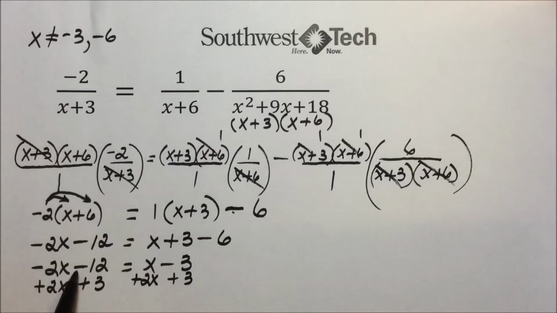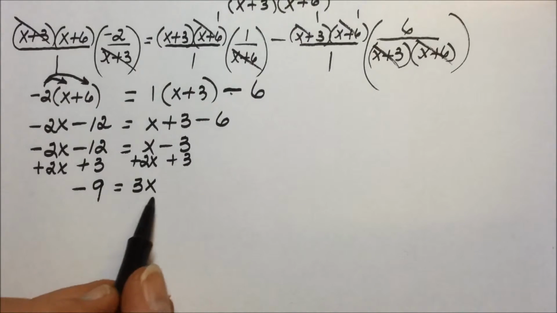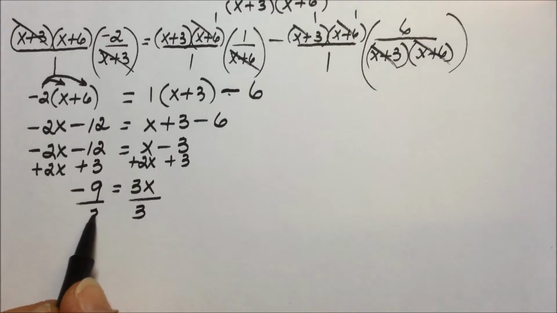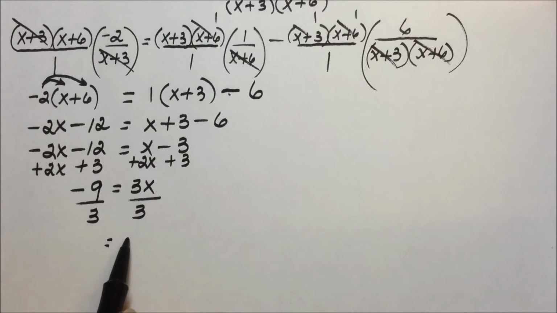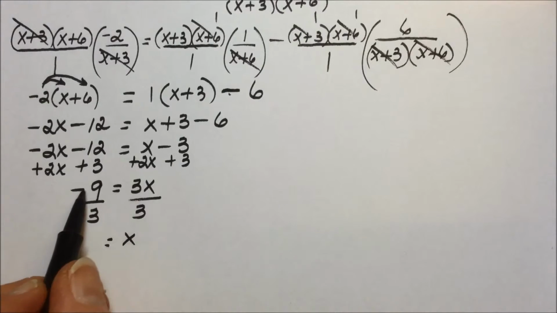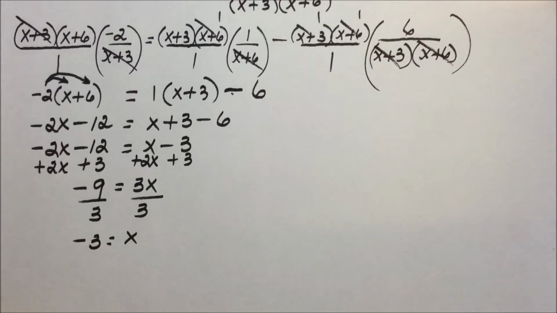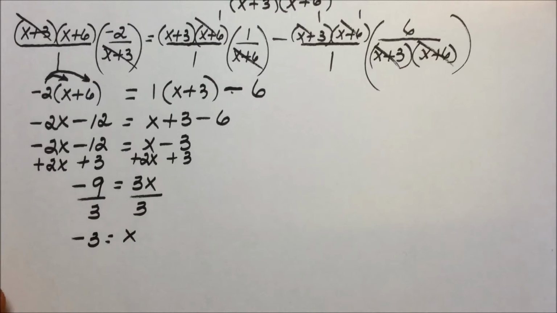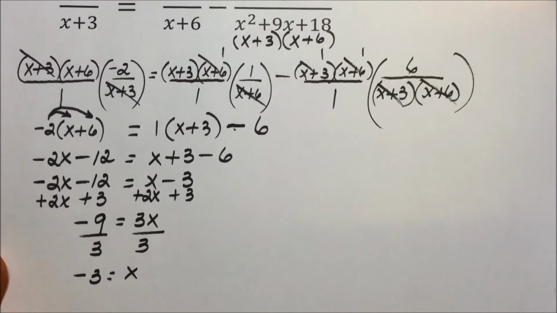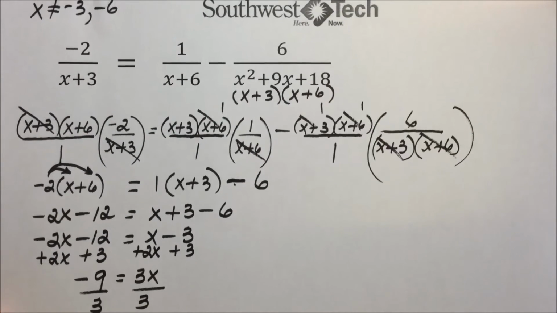Maintaining equality, doing the same thing to both sides. The x's are gone. A negative 12 plus 3 is a negative 9. 1x plus 2 more makes 3 x's, and the 3's cancel out. Last, to solve for our variable, 3 divided by 3 leaves us with 1x, and negative 9 divided by 3 leaves us with a negative 3. So it appears the solution is x equals negative 3, but that may remind you a little bit of